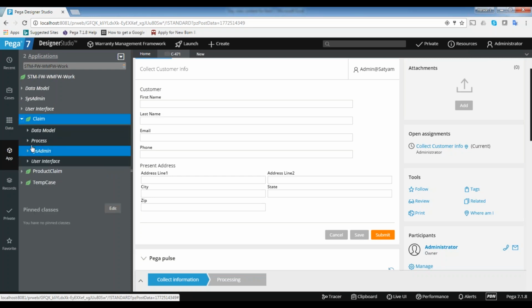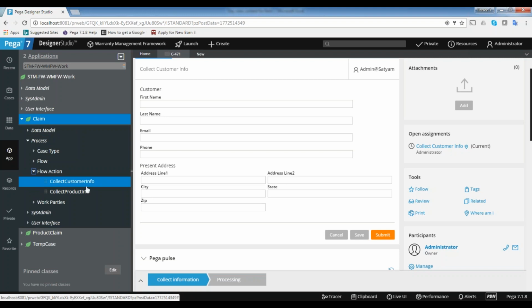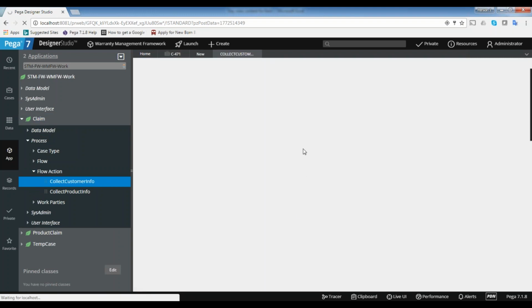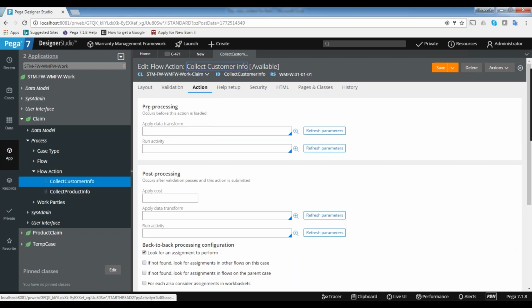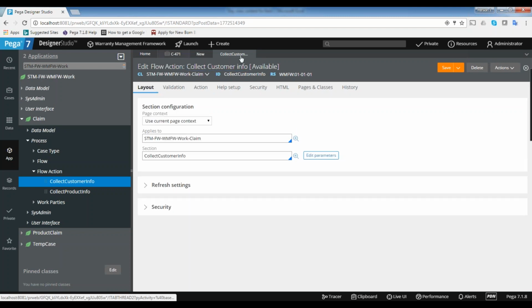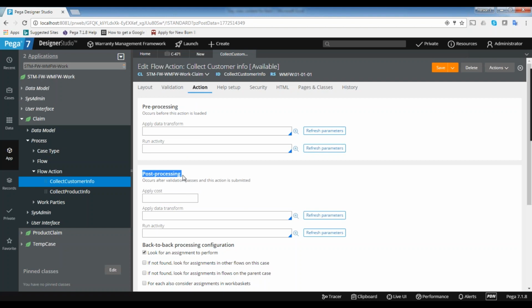So you can go to the flow action. Let me go to the corresponding flow action. In the flow action, you can see in the action tab there are pre-processing and post-processing.